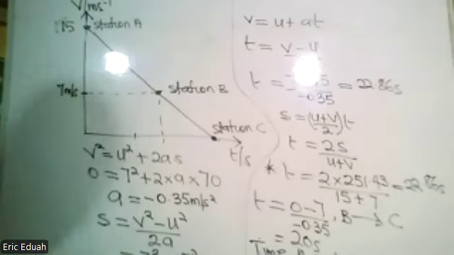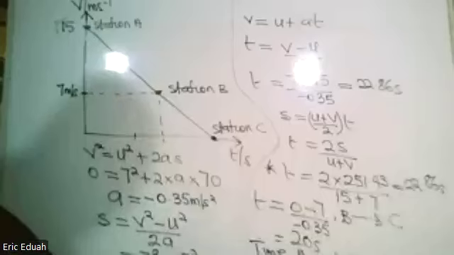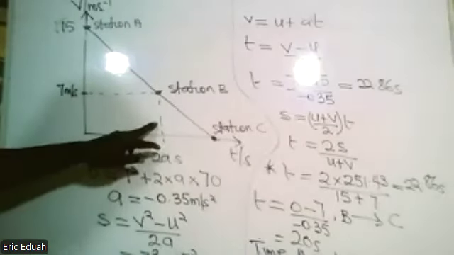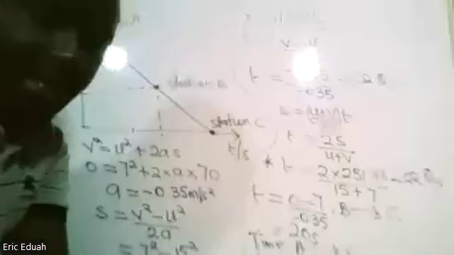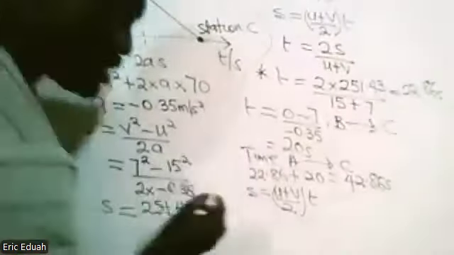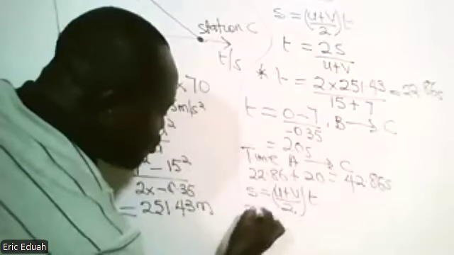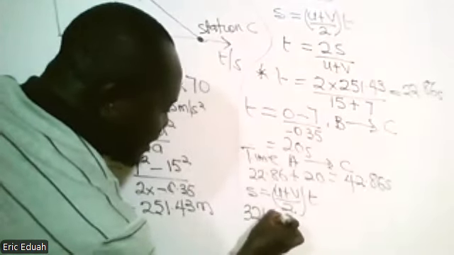So the total distance involved could be 251 plus 70. 251 plus 70, and that is 321.43. So the total distance from A to C, 321.43